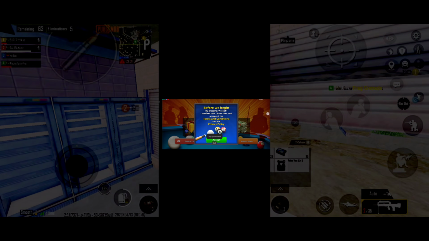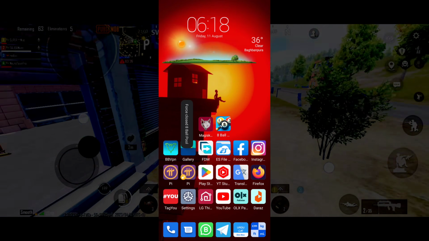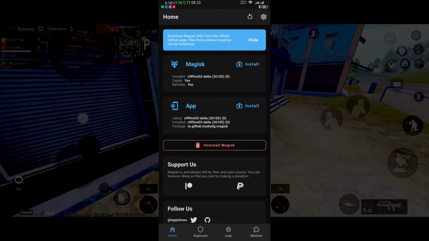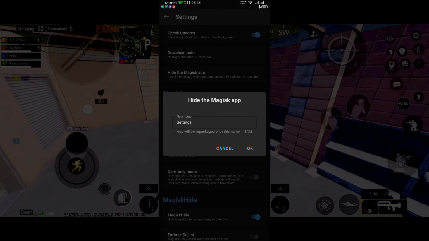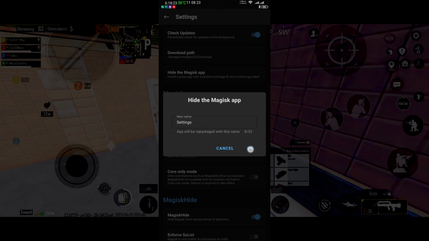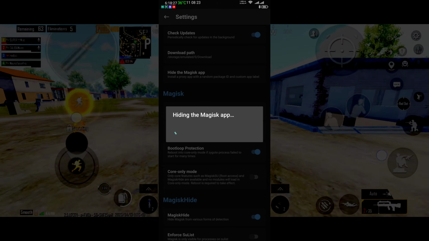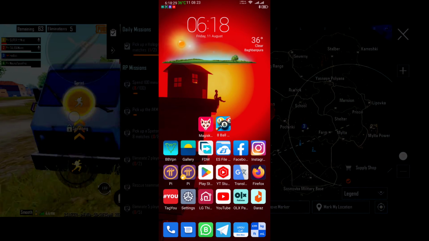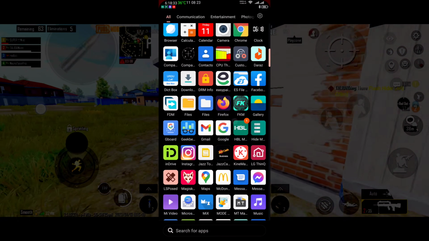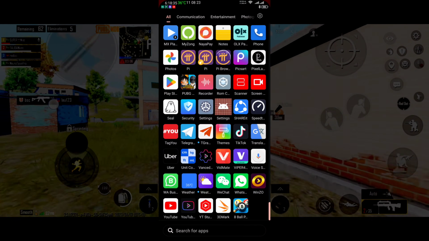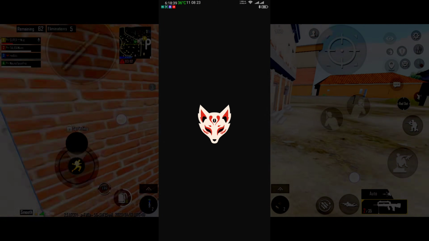But if you don't get it to open, simply go to Magisk Delta, go to settings from here, and press on hide the Magisk app and rename it to any name. When it is done hiding, it will ask you to accept, and then you will find a new icon with the name of Settings or the name which you have provided.